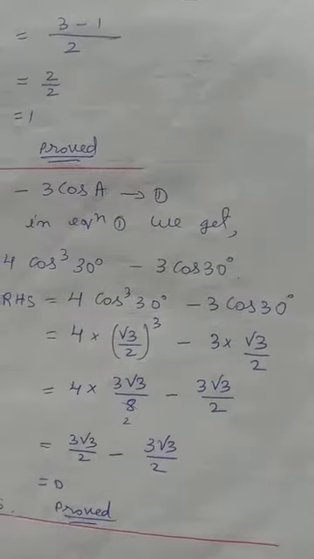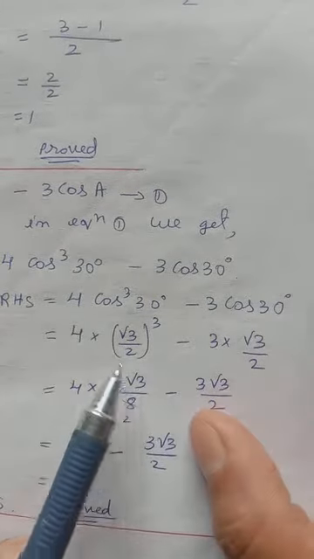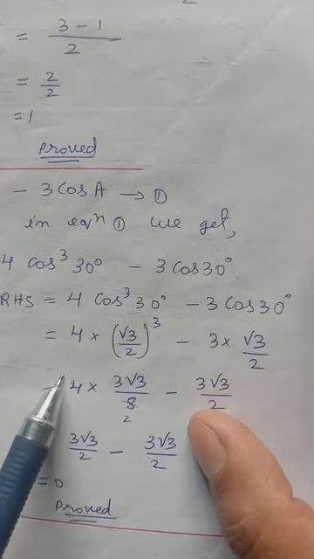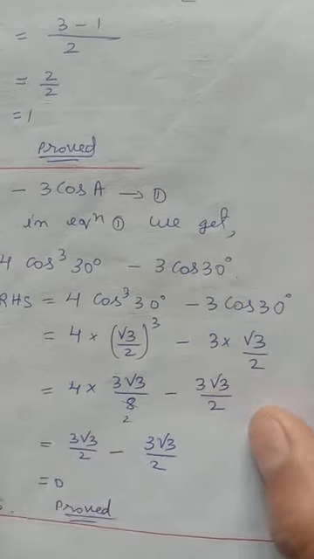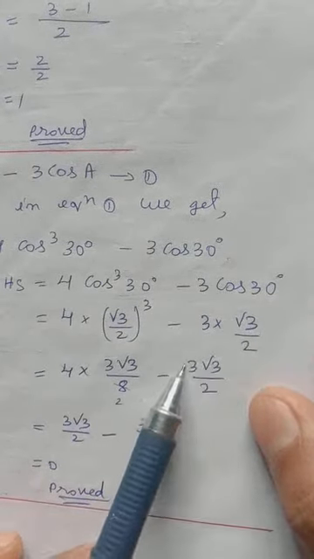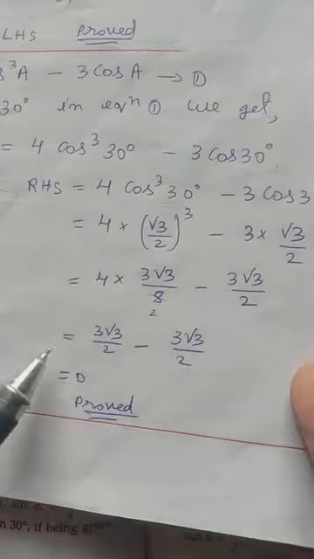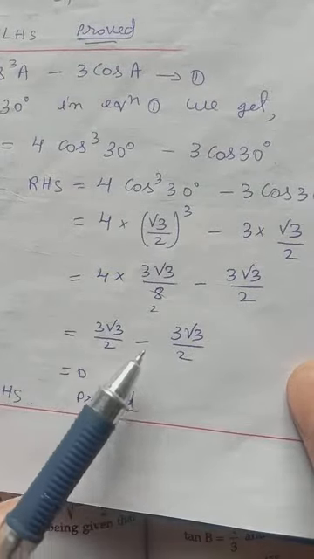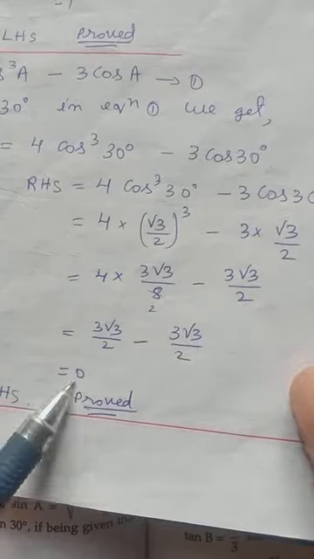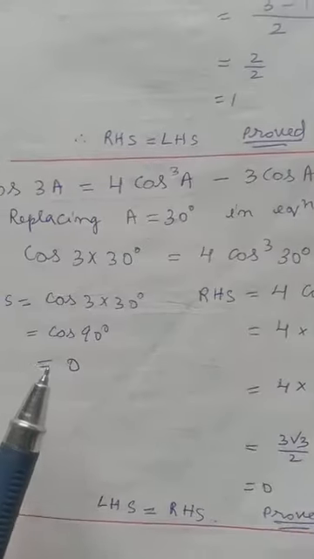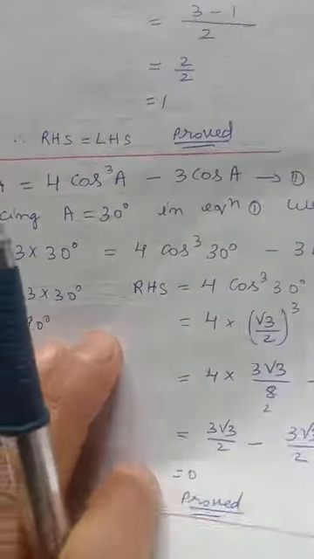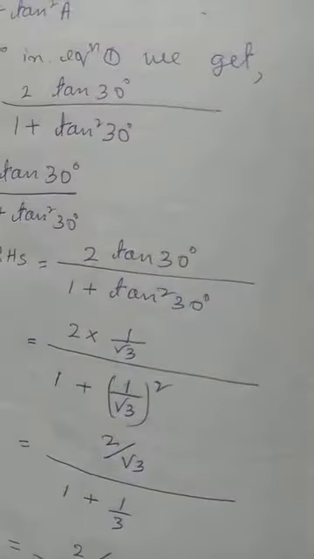Two of them we can take out, 1 remains inside the root. 2 into 2 into 2 will give 8. Here we have multiplication, so 4 and 8 we can cancel. Then here 1 is inside the root, 1 outside. We cannot multiply, write them together. Then if you look here, this is plus, this is minus. Both quantities are the same, so if minus, definitely we will get 0. Okay, so left hand side we get 0. Right hand side we get 0. So that means both sides are equal.